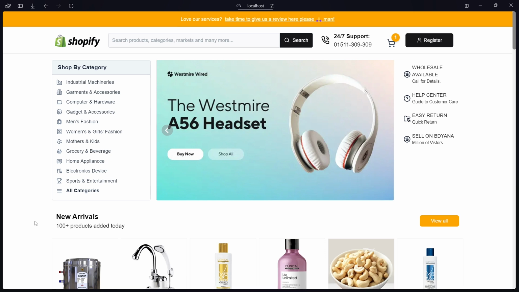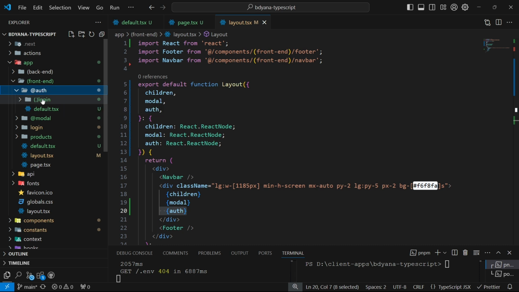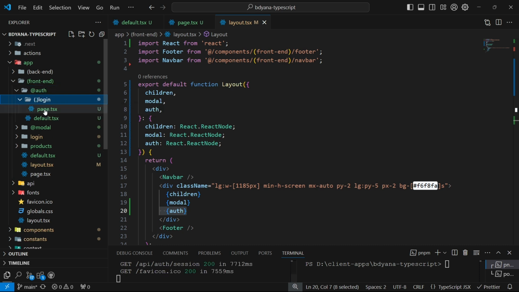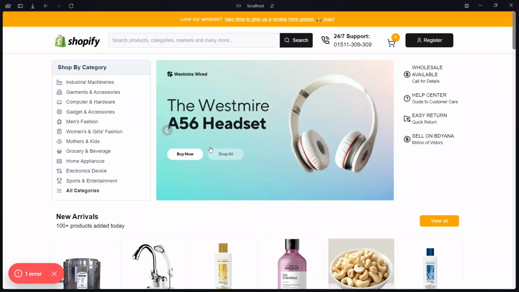As it's reloading, we try to verify if everything is okay. So we have our auth folder, which is imported in our layout and which we put here down. In our auth folder, we have this login, and then in the login, we have the page you're going to use, which is this. It's just going to return what you want it to return. So if we try to click again,